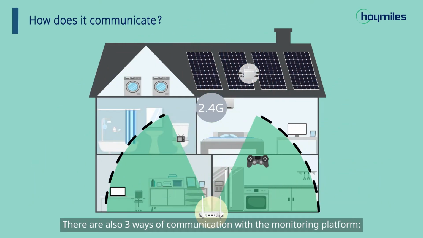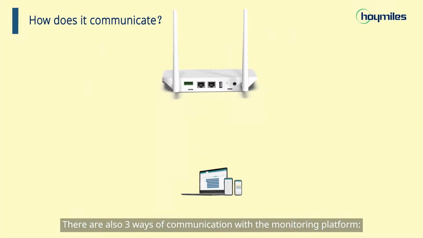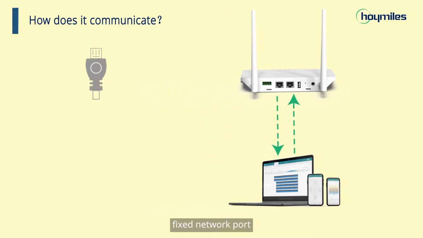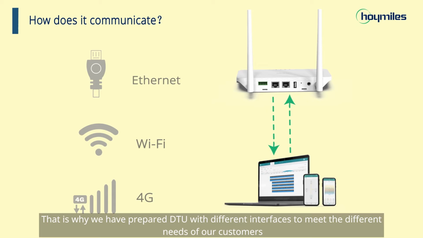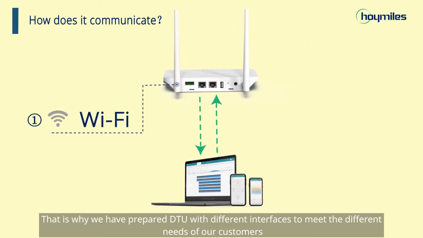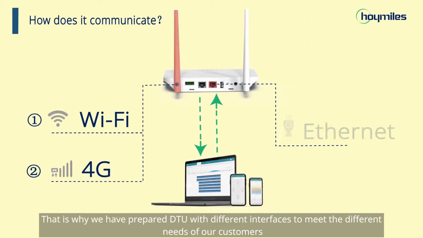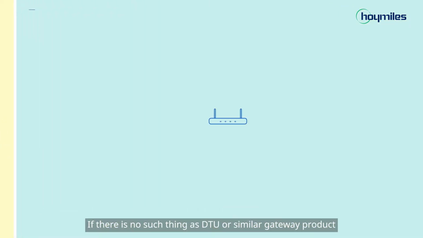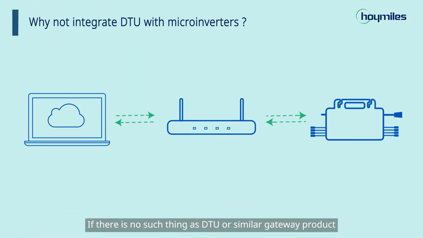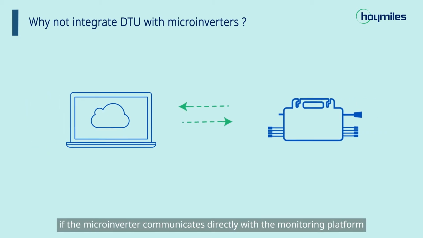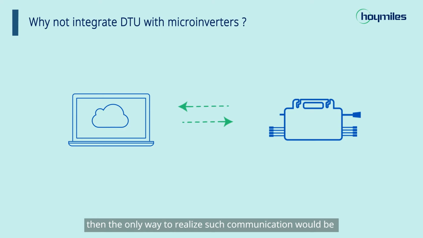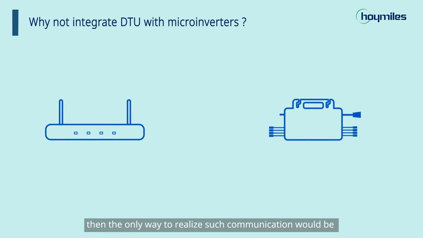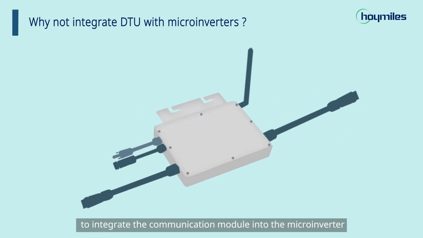There are also three ways of communication with the monitoring platform: fixed network port, Wi-Fi, and 4G. That is why we have prepared DTU with different interfaces to meet the different needs of our customers. If there is no such thing as DTU or similar gateway product, that is, if the microinverter communicates directly with the monitoring platform, then the only way to realize such communication would be to integrate the communication module into the